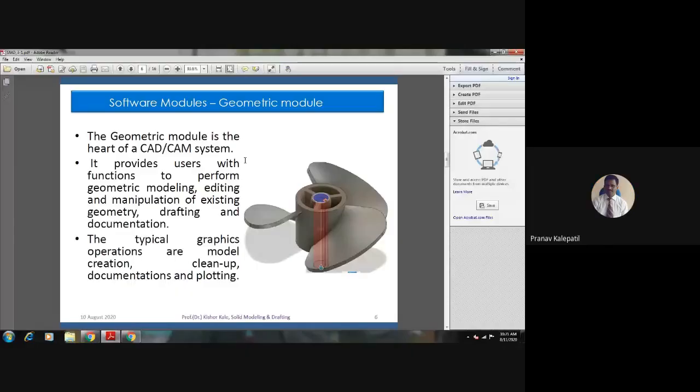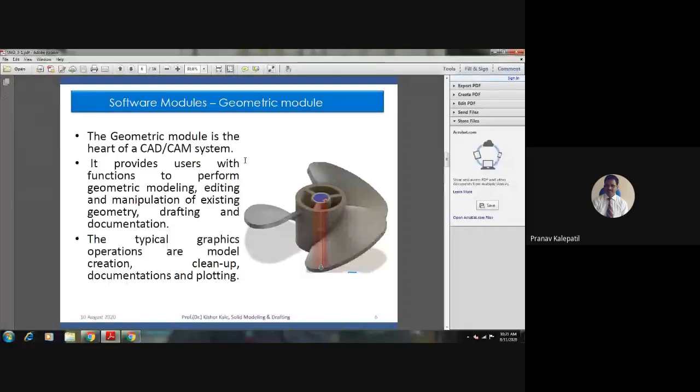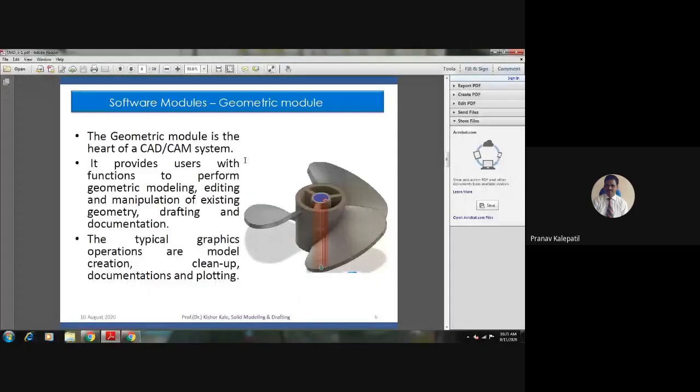Fusion 360. Yeah, Fusion 360. I hope many of you have downloaded it. Many students have asked me questions about difficulties while downloading it, but they were able to do the downloading of that software. So I urge you to make sure you download it, if you have a PC or laptop with you.